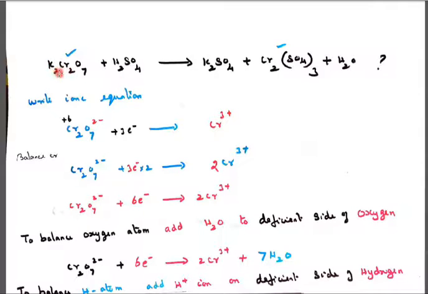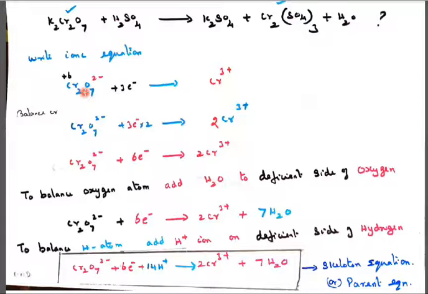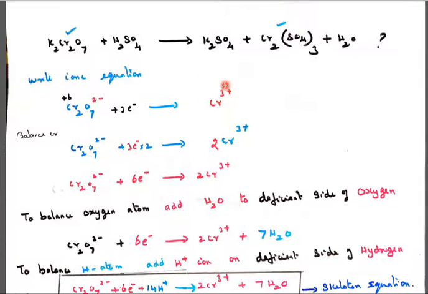When you remove the 2 potassium, this becomes Cr2O7 2 minus. That is one equation. And if you remove the SO4 3, the chromium valency is 3 plus, so write 3 plus. So take Cr2O7 2 minus and chromium 3 plus alone. Chromium here is in the plus 6 oxidation state, but here in the plus 3 oxidation state. To balance this, find the difference between plus 6 and plus 3. That is 3, so 3 electrons. The 3 electrons should be put only on the higher oxidation number side.